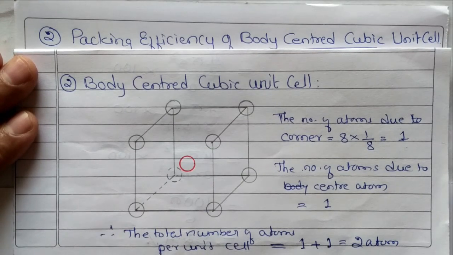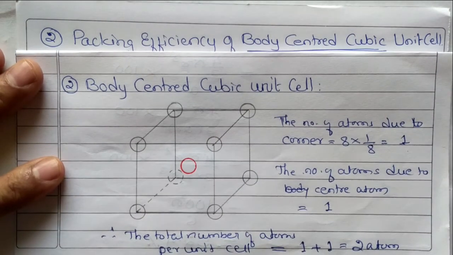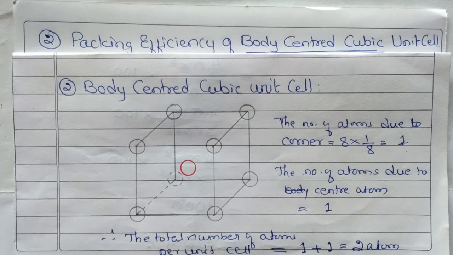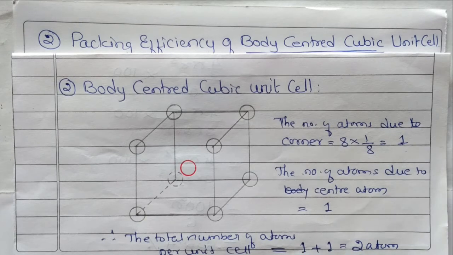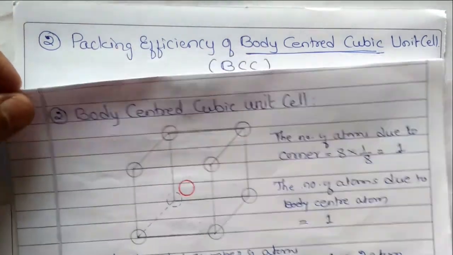So now our aim is to calculate the packing efficiency, how much space is occupied and how much space is free. Same way here also in this BCC, once again we have to consider a unit cell of edge length a and radius r. Here we are having 2 atoms. So we have to calculate for the number of atoms 2, so 2 into 4 by 3 pi r cube. Let us go for that calculation of packing efficiency for this.